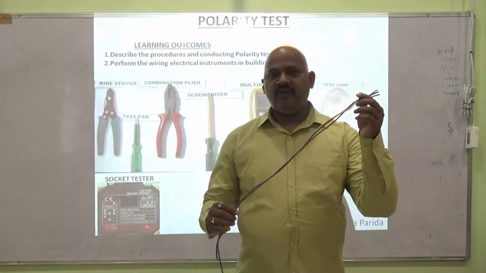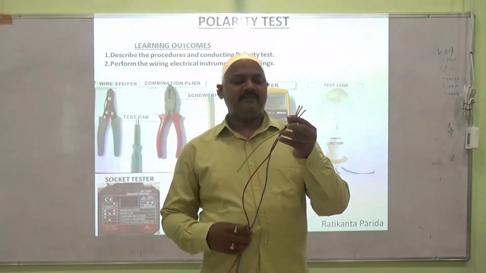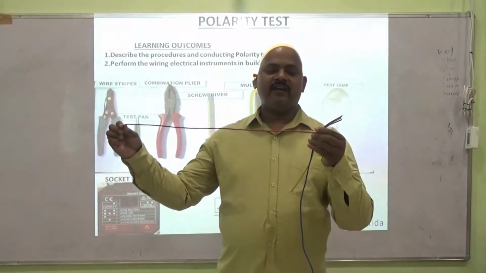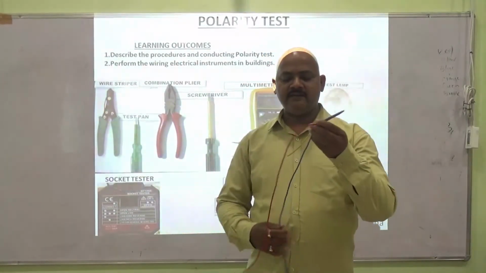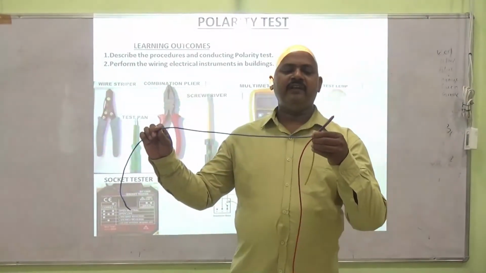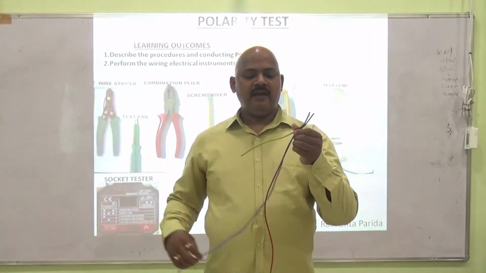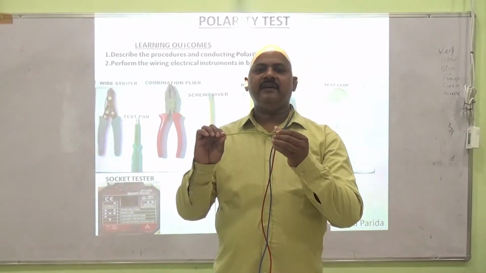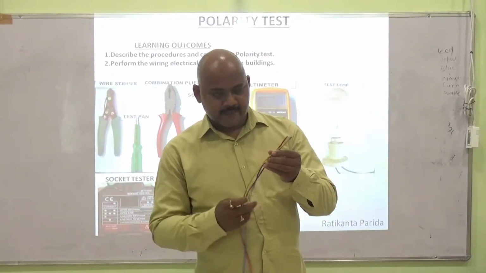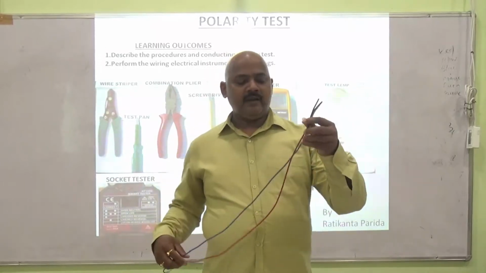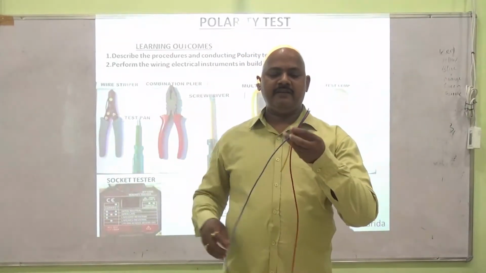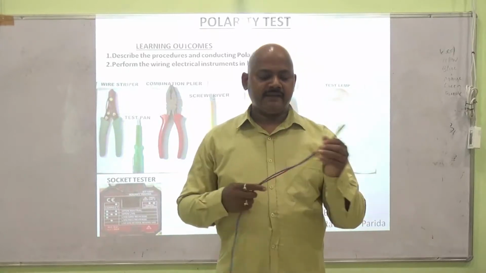There are three wires, where the first one is red. Red one is the phase conductor. And another one is blue, that is the neutral conductor. Another one is yellow with green, that is earth. Then you can determine the poles. This is phase, this is neutral and this is earth. And the second one is